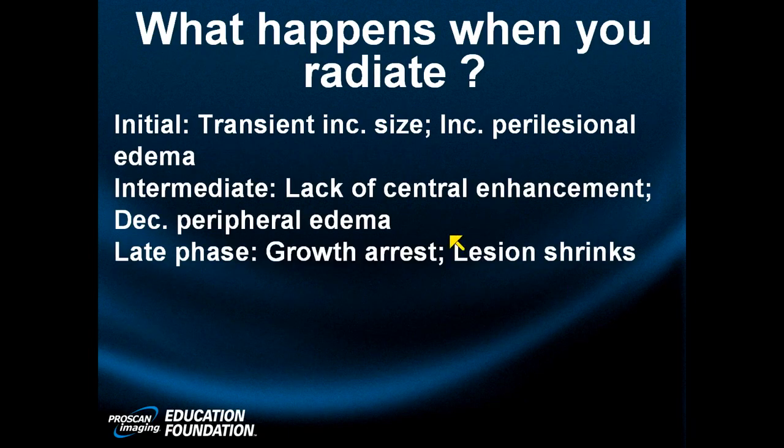We said previously what happens when you radiate. We talked about pseudo-progression and pseudo-response. And I touched on some of the variants of GBM. There's a small cell variant, there's a giant cell variant, there's a gliosarcoma variant, which has an ominous prognosis, and there is an epithelioid form of glioblastoma with eosinophilic cytoplasm that has some molecular correlates to it. So you can see how complex the evaluation of these brain tumors are. There are histologic variants, there is the morphologic appearance, there is the molecular map, which trumps all, and there is the overall histology